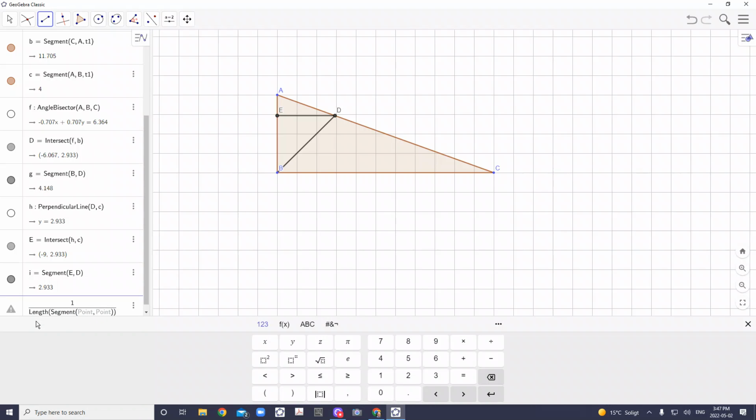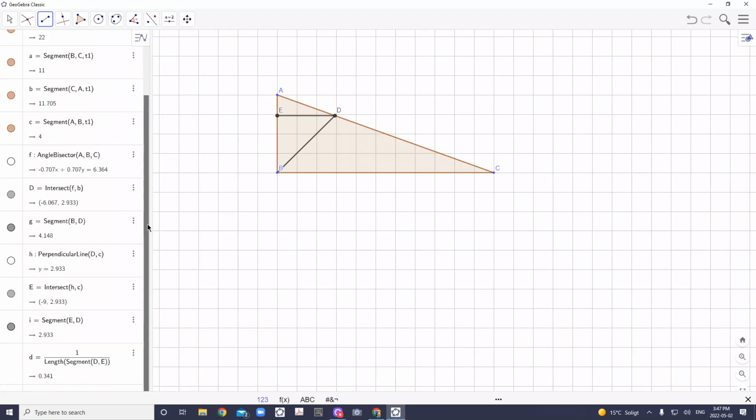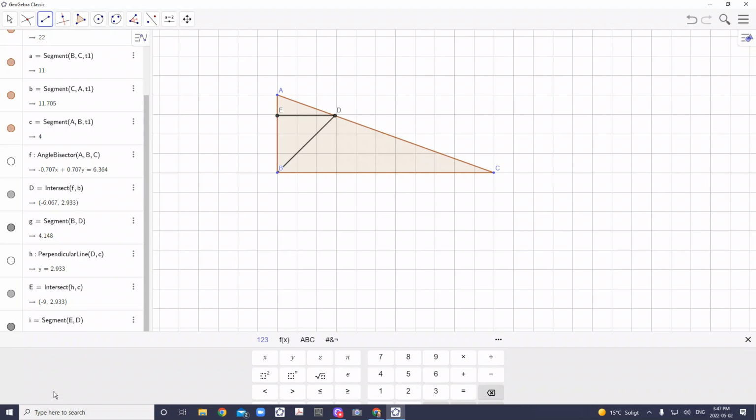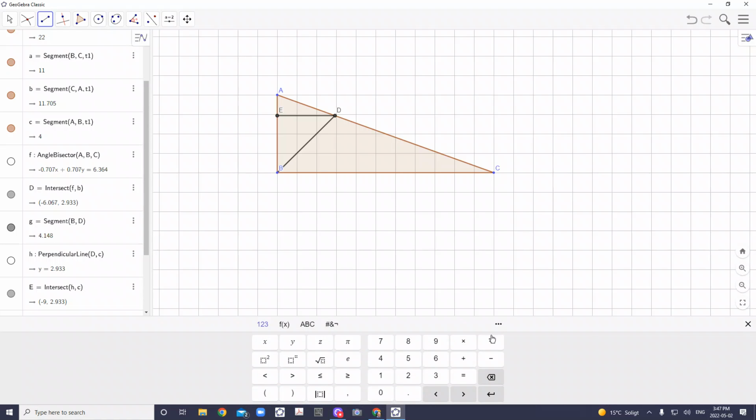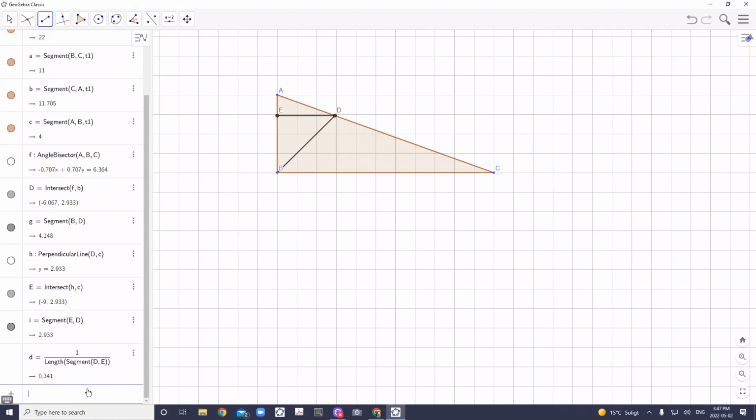One point is capital D and the other point is capital E. This is at least what I get as the number. That is exactly the length of DE. We are supposed to show that this is equal to 1 over... okay, so now 1 over the length of